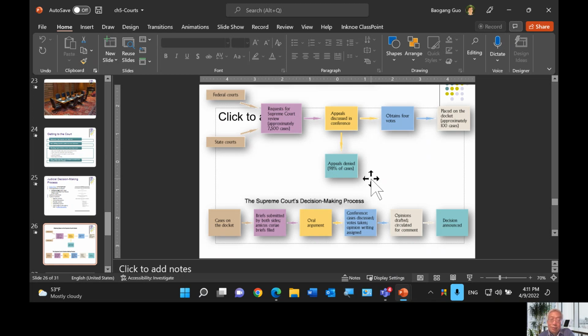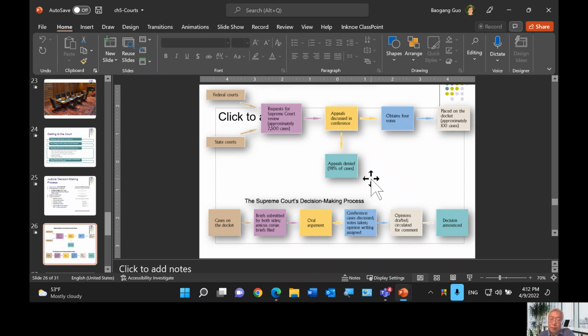And that will take some time to write, and sometimes it could be just a few paragraphs, sometimes 40, 60 pages long. Once those documents have been written, they will be circulated among all justices, and justices will make comments, and changes will be made. And finally, when ready, the decision will typically be issued at the end of each session of the court. The court starts each session in October each year and lasts until May or June the next year. So that's the time the court is in session.